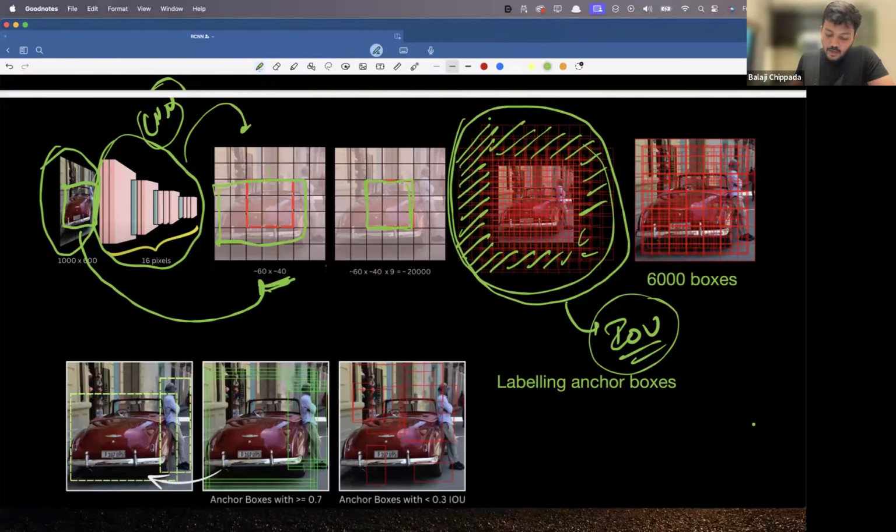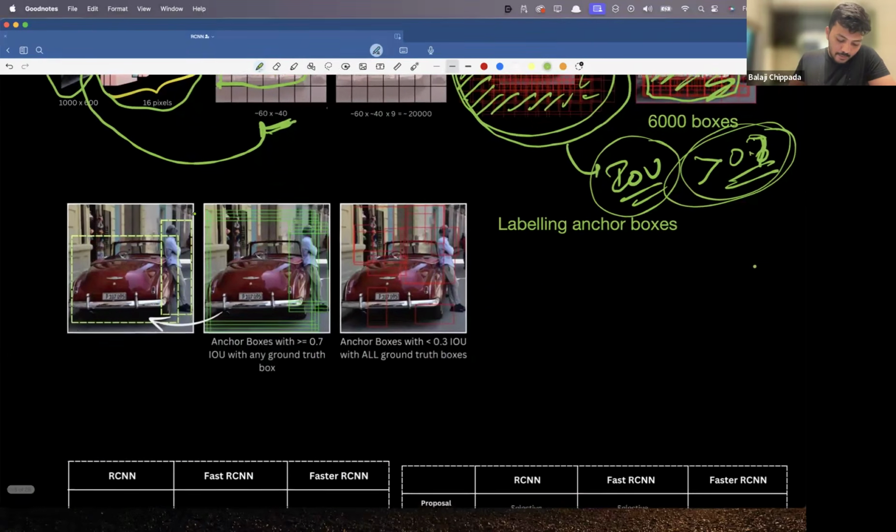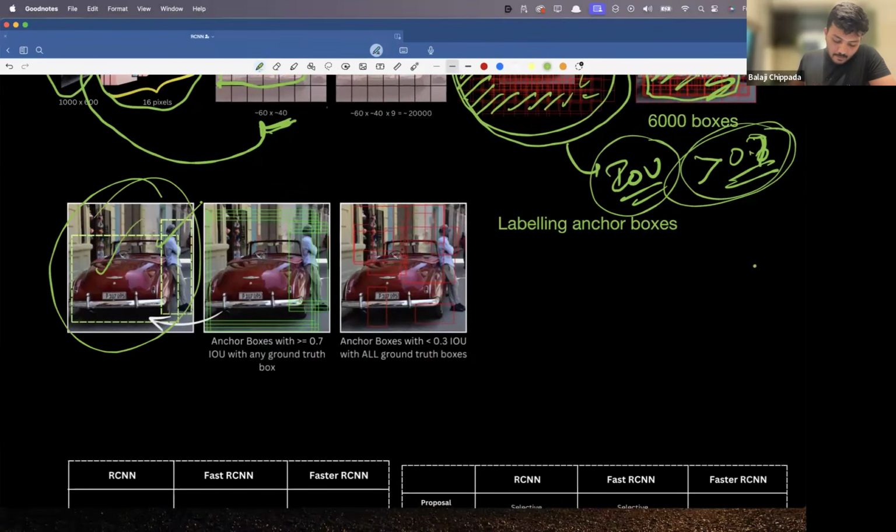Now I will try the IOU score for all of these boxes, and I will filter all the boxes greater than 0.6, 0.7 actually, I need more IOU. And these are all the boxes that my network returned within milliseconds by calculating the IOU as well, such that there is a high probability of having an object. Okay, so if you look at it, this is my input image, this is my ground truth, and then I applied 0.7 IOU on the anchor boxes to calculate the ground truths, and these are the things that we got. And anchor boxes with less than 0.3 are classified as the background,